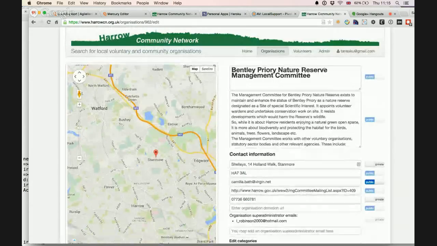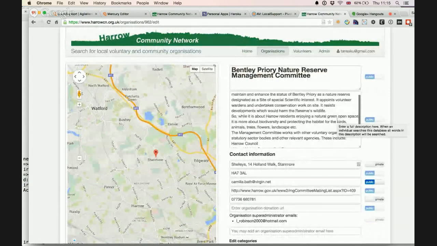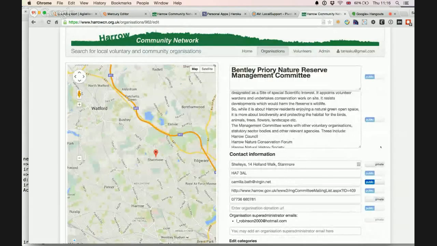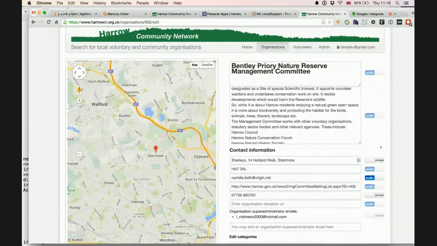I think the logical way to add what at the moment is called a super admin is that, say, Camilla would come into this and add Linda on, rather than Linda having created an account and done it that way. So I was wondering if that could be a general change, because I think we've had this a couple of times previously when I've added somebody else in. So if we could change it so that an admin can add organisation admins in without that error message coming up.